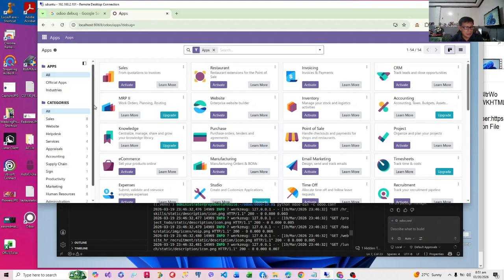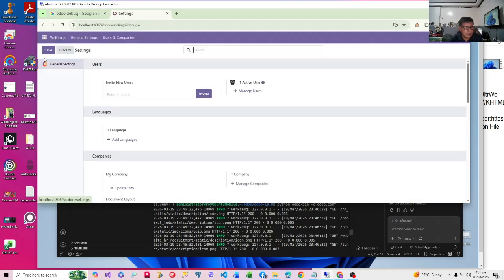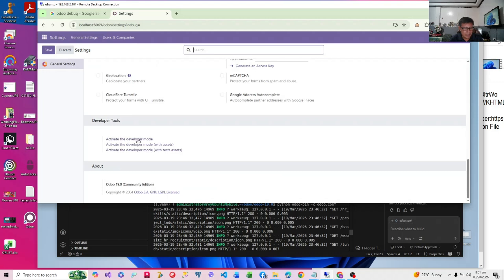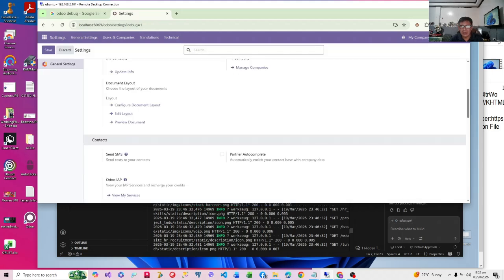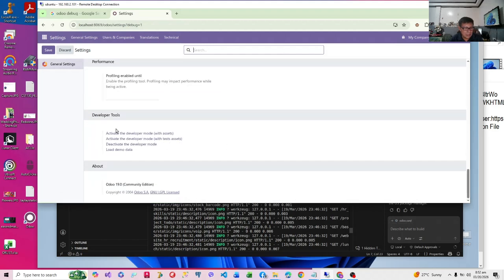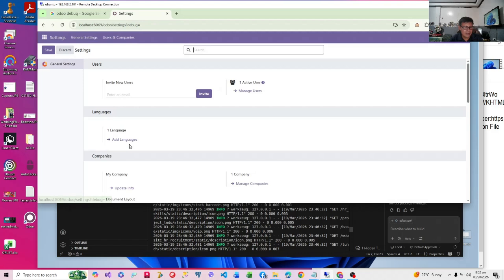Now in the traditional approach, what you usually do is go to settings. The Rubik's Cube icon is the main menu. Go to settings, go down below, activate the developer mode, and then save that. Then you're in debugger mode. To switch again, you go back to the same area and deactivate the developer mode. This is a very time-consuming process. With the Odoo Debug monkey, we have the debugger mode to deployment mode option ready by just clicking. With a single click we can switch.